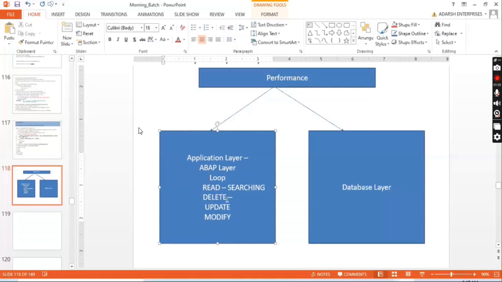Similarly, don't use the delete statement inside the loop, because every time the database has to search for that particular record, and then it has to delete. Instead of that, whatever records you have to delete, first mark that record with an additional flag. And after the loop, you just delete like this, delete